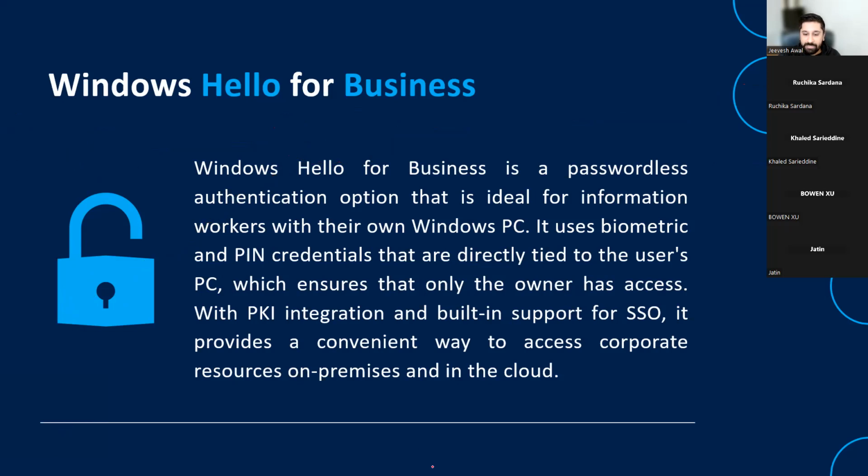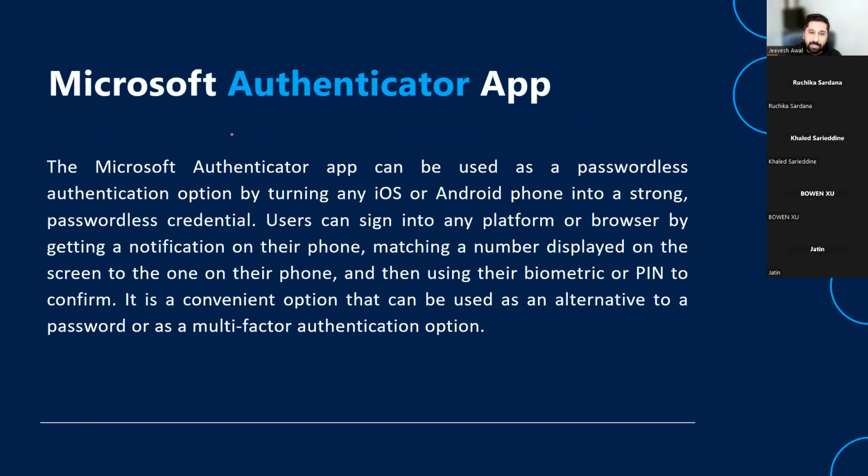So Windows Hello for Business is you relying on the device: yes, this device is going to be authenticated. The person will either enter the PIN or show their face. That is what is going to be required for the person to get access to a website or any other resource. Okay. Now, coming on to the Microsoft Authenticator app, as I said, this is not enough in a production